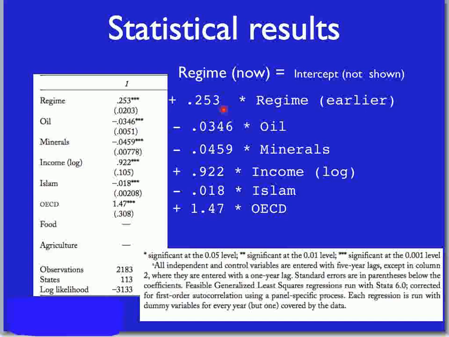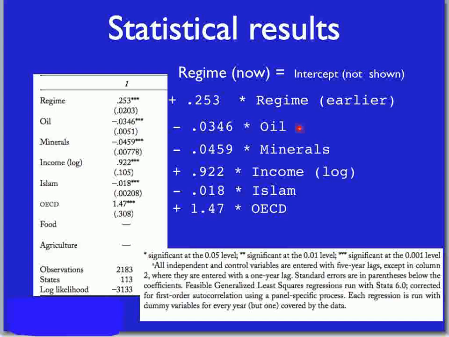When you predict current regime, the regime earlier has a positive effect on your democracy score. The higher your democracy score was before, the higher it's likely to be now. Oil wealth, however, has a negative effect on democracy. So that's what he was interested in studying, and the computer tells him that indeed oil seems to have a